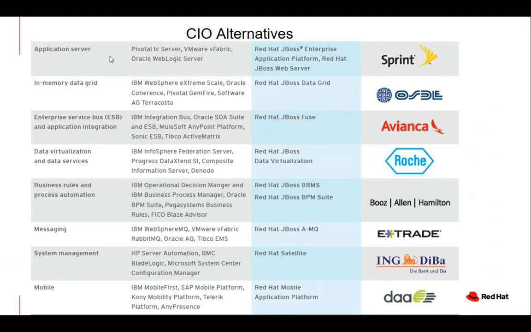Okay. So when it comes to managing the messaging coming from your different applications, VMware has vFabric, so Red Hat has JBoss AMQ. If your customer is using, for example, RabbitMQ, Oracle EQ or TIBCO EMS, we have Red Hat JBoss AMQ. In case of system management, I have already explained, we have Red Hat Satellite. So Red Hat Satellite for managing Red Hat's infrastructure, but you can use Ansible for automation, right?